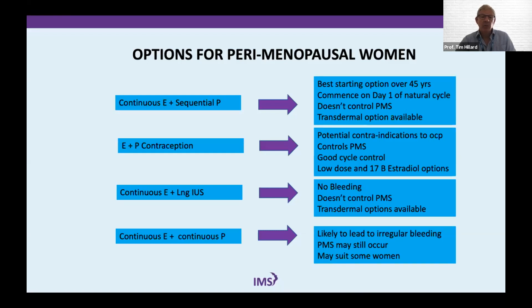And finally, the option for continuous estrogen and continuous progesterone. Quite a lot of people ask for this at an early stage because perhaps they're fed up with their bleeding. But in fact, it's counterintuitive to actually start a continuous combined preparation in someone who's still having a cycle, because it's not usually strong enough to overcome the natural cycle. And often you end up with worse bleeding than when the patient started. And that can cause dissatisfaction with treatment and increased likelihood to discontinue and just getting fed up with it.